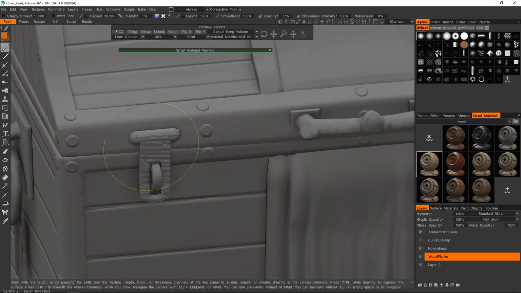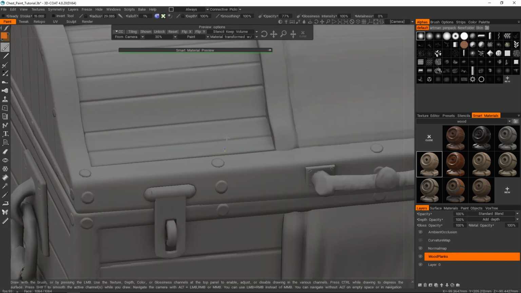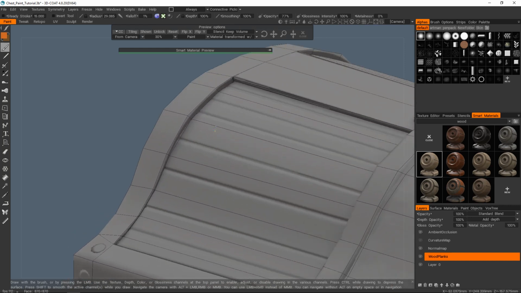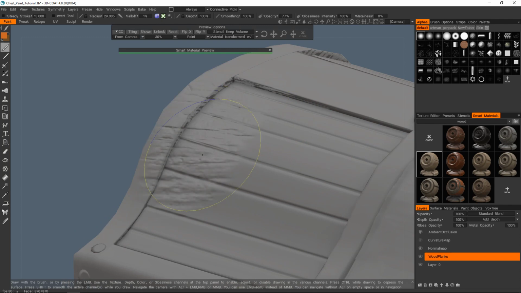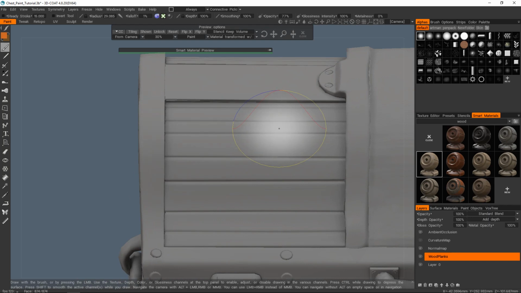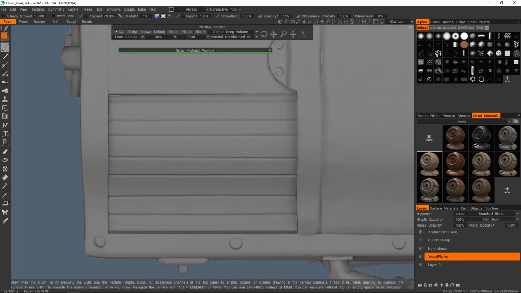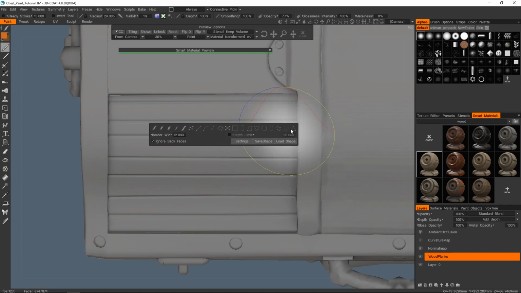And so, you know, I can draw here and it will paint on that, and then the moment I actually cross over and I start painting on this other element, then it will actually start to draw on it, which is pretty cool. But in this particular example, this treasure chest here, this is all kind of one mesh. So if I were to paint here with a big brush, it's going to start leaking into areas that I don't want it. And depending on how you've set your mesh up, you can utilize a pretty cool feature, which